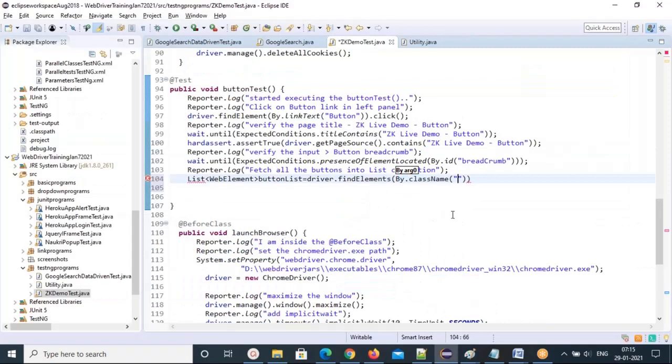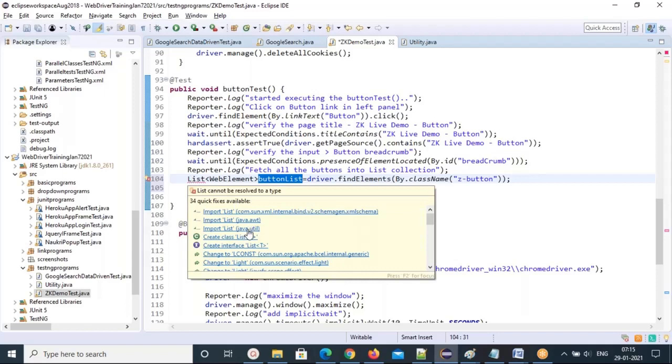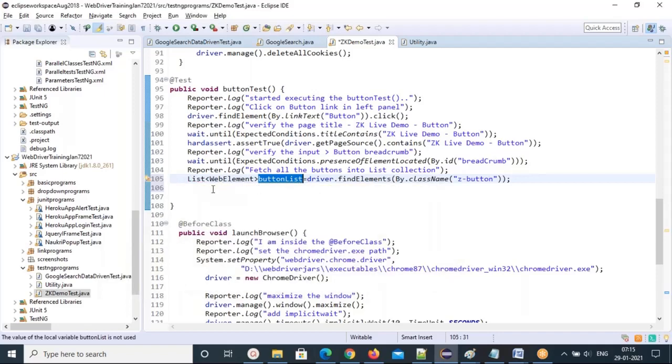So how many buttons are with the class name z-button? All those buttons will come and be stored in this buttonList collection. So import this List from the java.util package, and that's it. You got the collection. So now you want to know how many buttons are there.